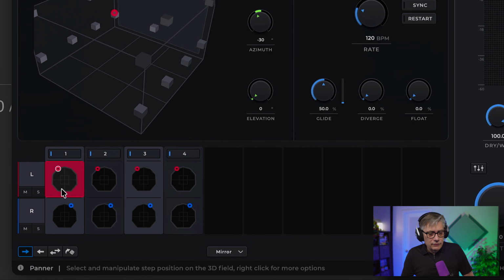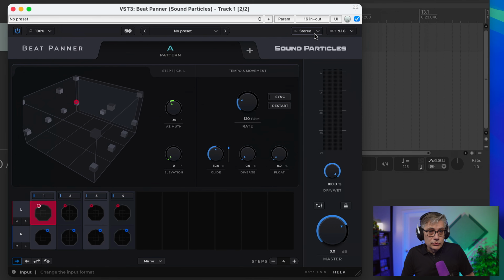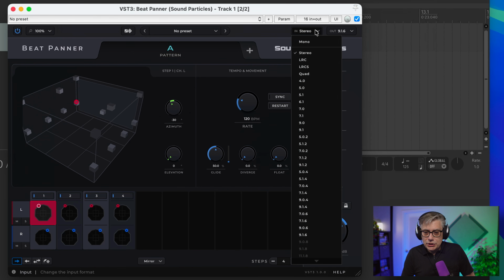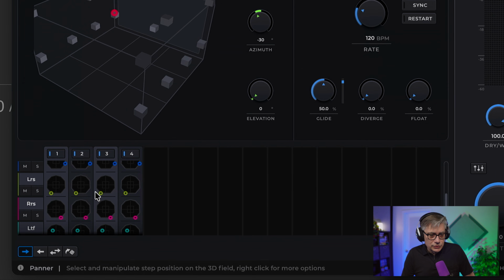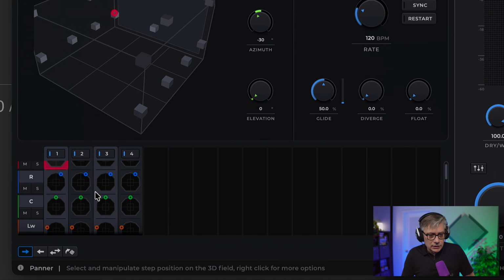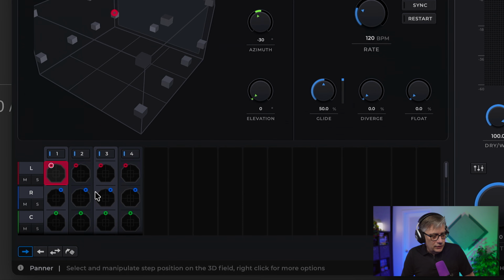Now, down here we have the sequencer. So this kind of gives you the position. So currently we have 4 positions: position 1, position 2, position 3, position 4. We have an incoming stereo signal, so we have a left channel and a right channel that we can choose. If we want to switch that, or if you're working with a different multi-channel layout, so for example, if I switch that back to 9.1.6, you will actually see that I can switch the positions for each individual channel separately, which is actually really nice. So if you have a very complex multi-channel signal that you want to pan around and you want to switch out channel positions and kind of move things in very unexpected ways, you can do that. But let's switch that back to stereo because that's what we have here.